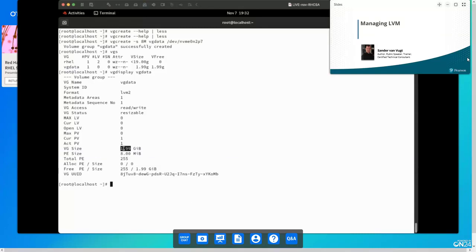And VG size is 1.99 gigabytes. And something weird has happened here. Because if you have 255 physical extents times 8, how much is that? Let's calculate. echo $((255*8)) is 2040. We are missing